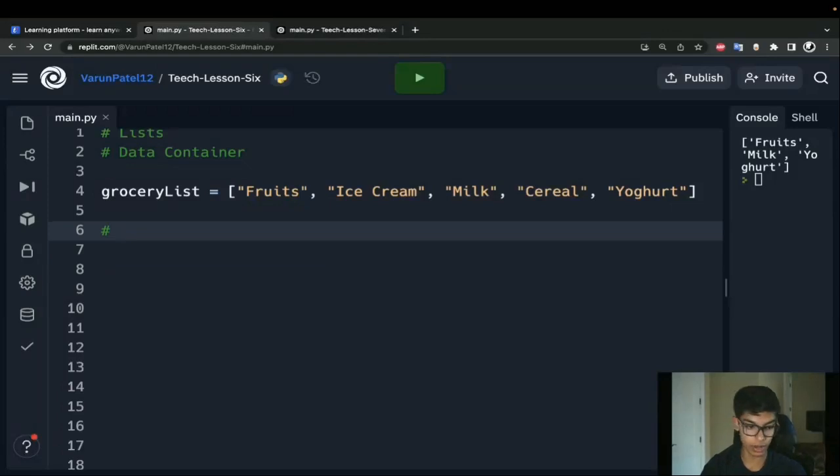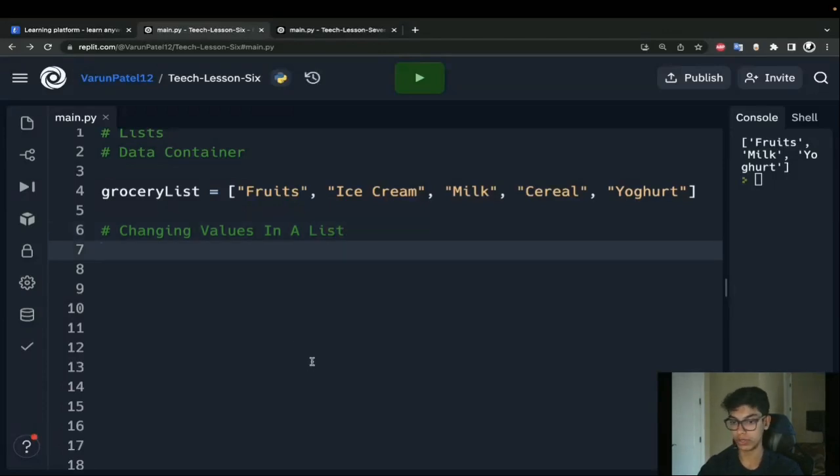Now we're going to talk about changing values in a list. So let's say I'm at the grocery store. I'm looking at my grocery list and I see this, and I'm thinking, well, I actually don't need more ice cream.